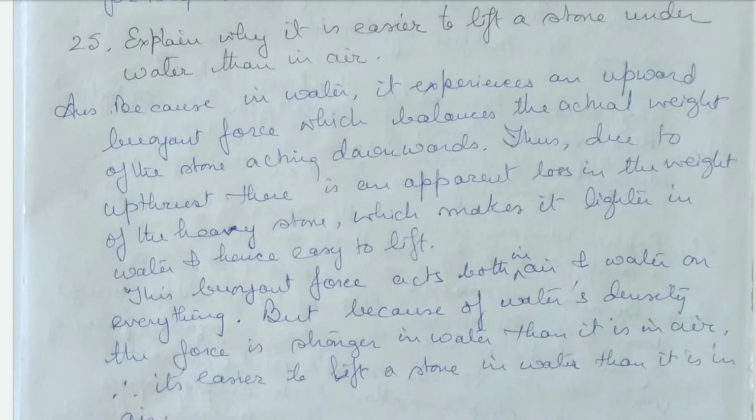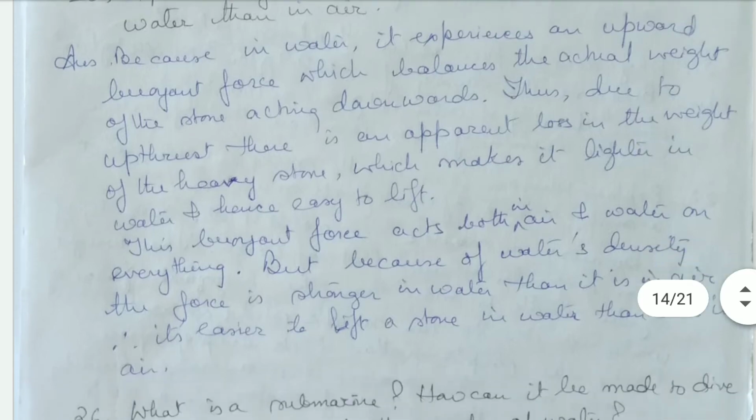When this stone is underwater, it experiences a buoyant force which is balancing the actual weight of the stone, which is acting downwards. That is, the actual weight of the stone is acting downwards, and there is a buoyant force which is pushing it up. Therefore, that weight is balanced, and therefore, what happens due to this upthrust? There is an apparent loss in weight of the heavy stone, which makes it lighter in water, and hence it's